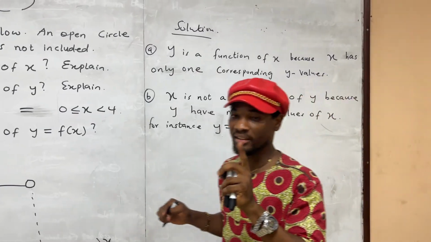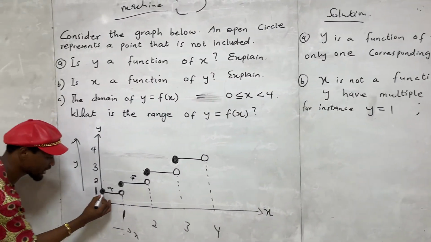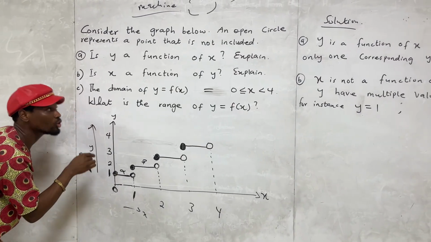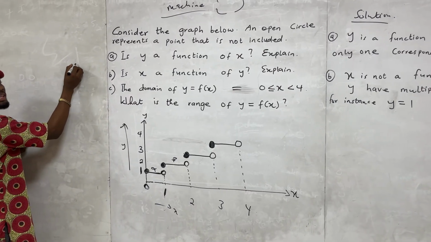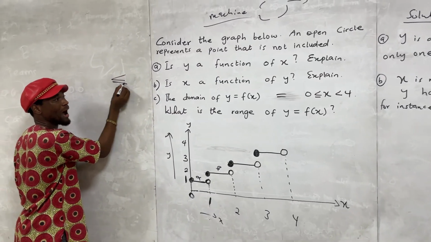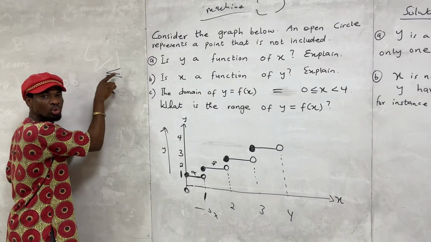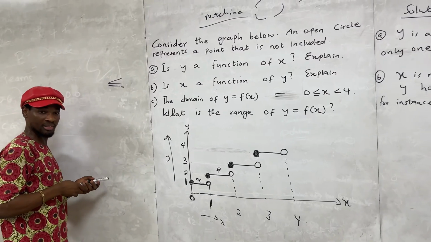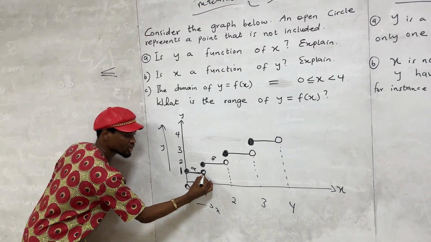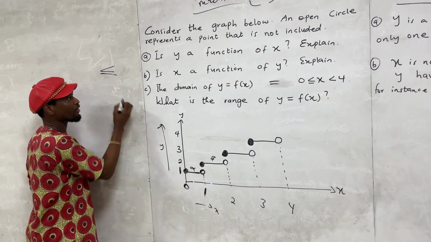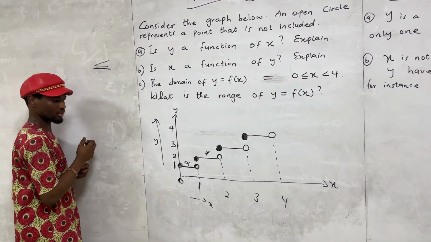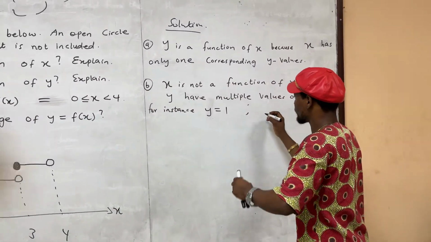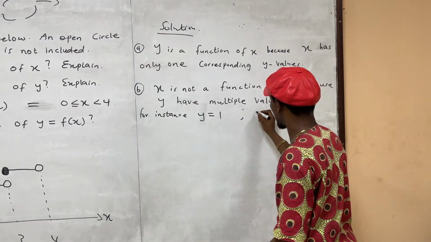But viewers, you realize that this 0, one endpoint, is shaded. You can use inequality symbols like this. You add the stroke or the bar to show that it is included, to show that it is shaded. Do you understand the whole concept here? But because this point is not shaded, you don't have to include any bar over here. So you say, for instance, y is equal to 1 under this set of interval, starting from 0. So I have